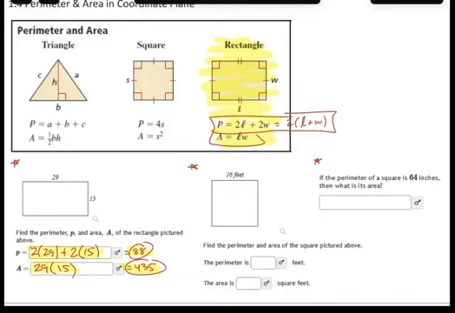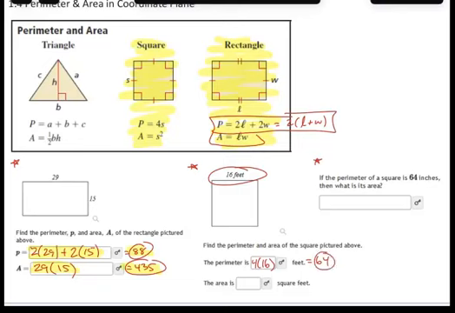All right. The next question is a square. A square is also considered a rectangle, so the formulas for the rectangle would also work. However, more specifically, the length and the width are exactly the same, so you could simplify it and just say 4 times the length of that side. Okay, so if you know that this side length right here is 16, the perimeter is going to be 4 times that,